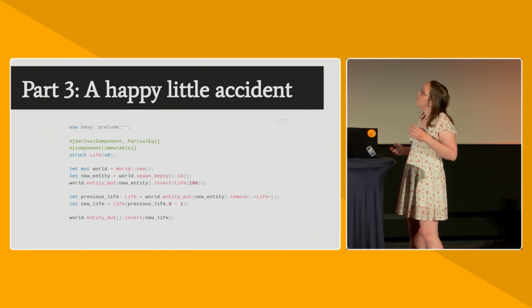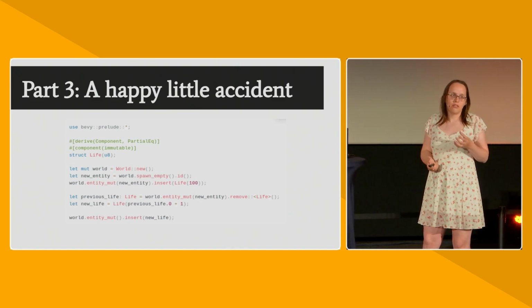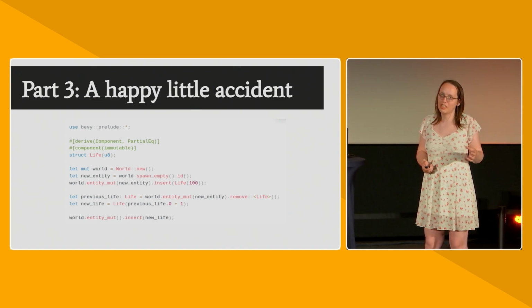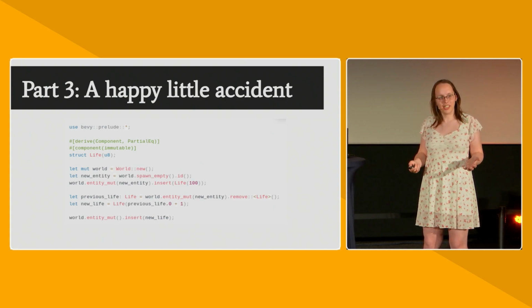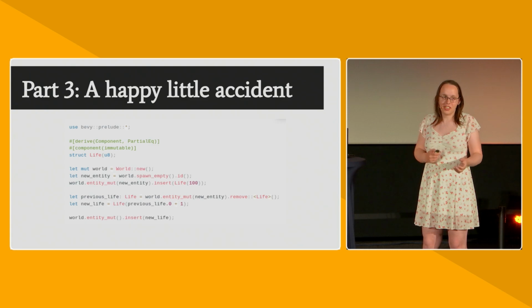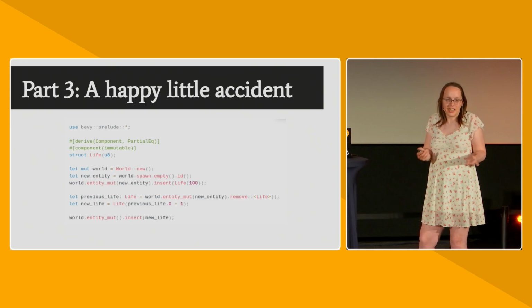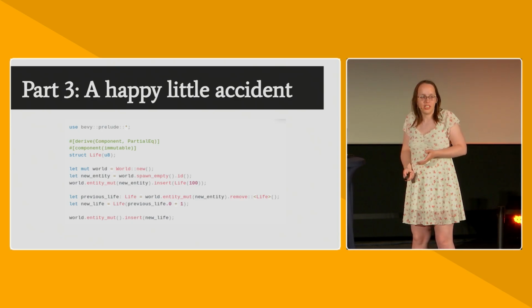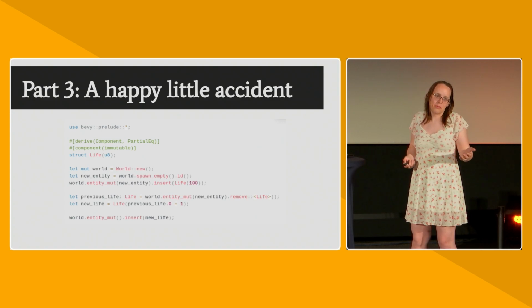But it comes with a problem. The problem is, well, yes, you can't restrict people from mutating it while it's inside of the ECS. They can just take the data out of the ECS and then mutate it and then put it back in. And that's really not very immutable, you know? Or they could just insert and overwrite a new value, and I mean, you're technically not mutating the same data, but you may as well be. This seems like it could be a problem, right? That just kind of shoots a hole in the feature. We're offering these guarantees, these promises to the user, and saying, it's kind of immutable, but not really.